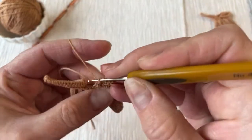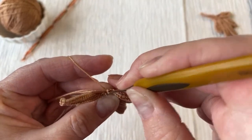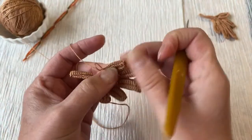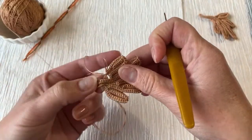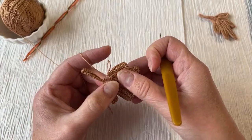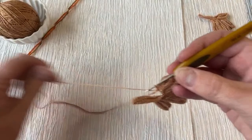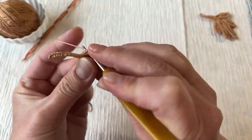1, 2, and 3. Adjust a little bit that padding cord there. And now we have to finish and crochet into this stem a few stitches. According to the diagram, it's 4 single crochet stitches. Four single crochet stitches. So go here into the 1 stitch, 1 stitch,